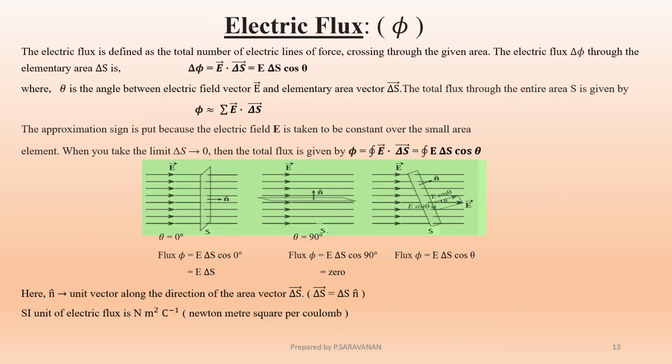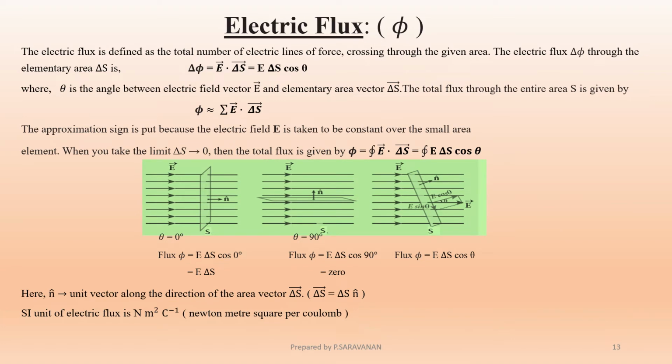Let us now define the term electric flux, which is represented by the Greek symbol phi. Before defining electric flux, please go through the diagram. There are 3 pictures in the diagram. In the first picture, count the total number of lines present in the electric field. Can you count 8 lines? Yes. Are these lines passing perpendicular to the area S which is held normally?